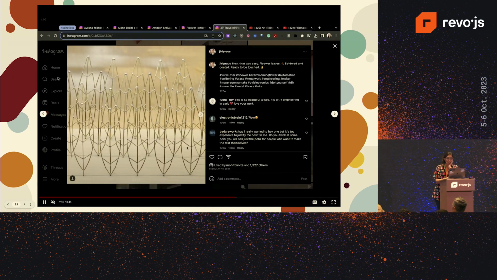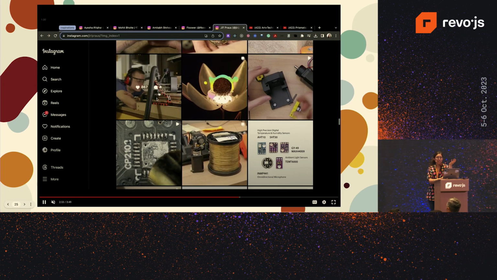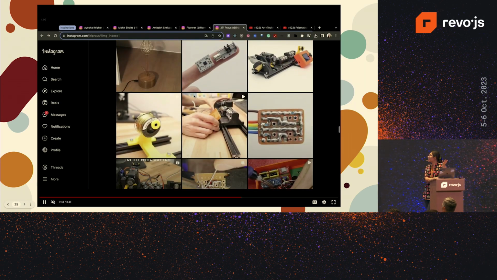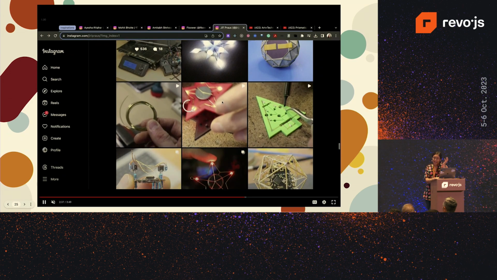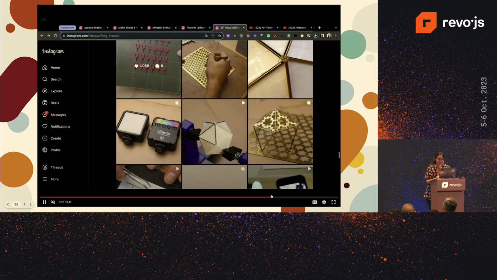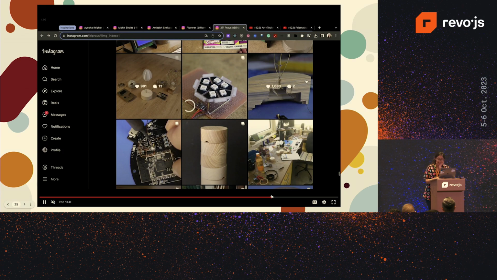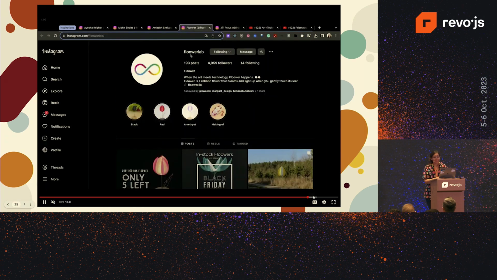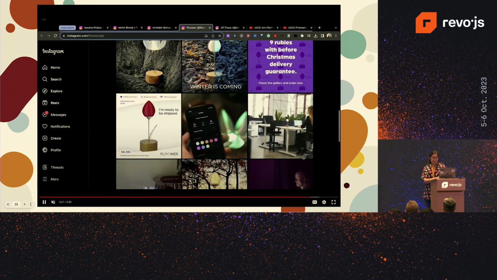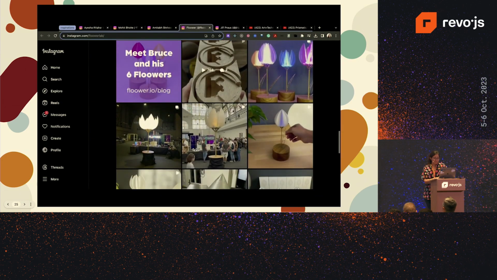that's now basically a startup of its own. So this was the flower that he created with just brass wires initially. And now it's a full-blown startup that he has based out of, I think, Czech Republic. But yeah, folks, this is the startup that I'm talking about. And yeah, that's pretty much it